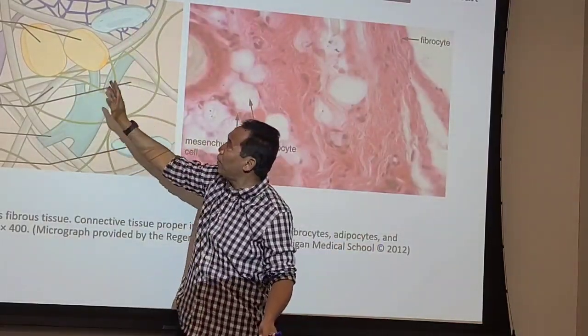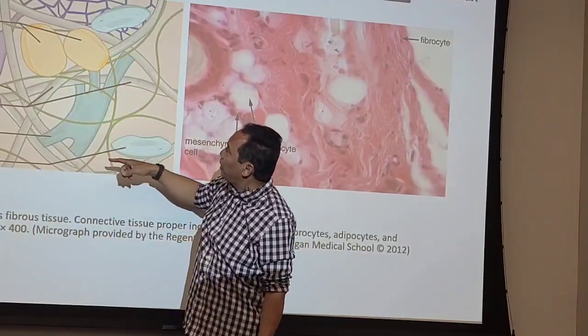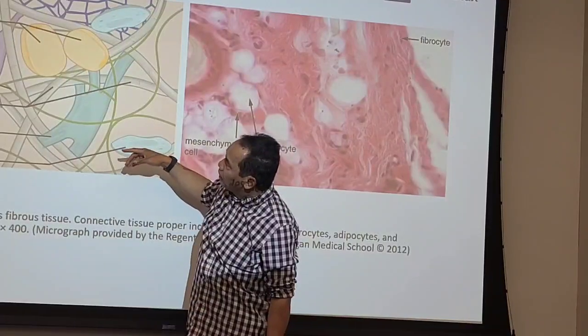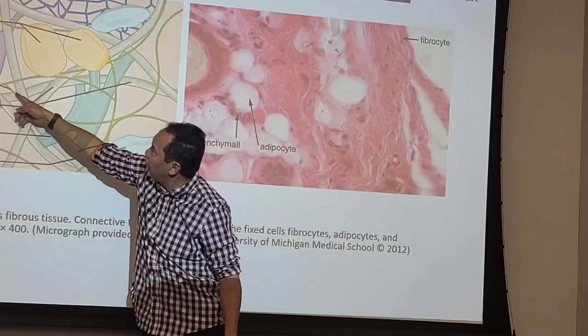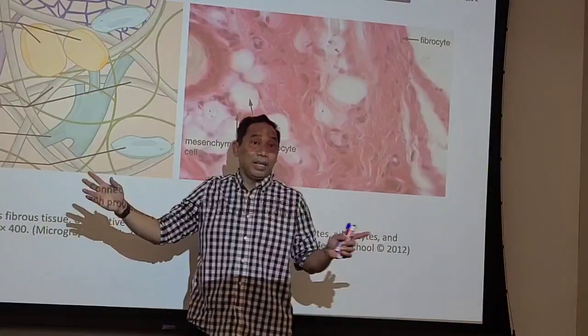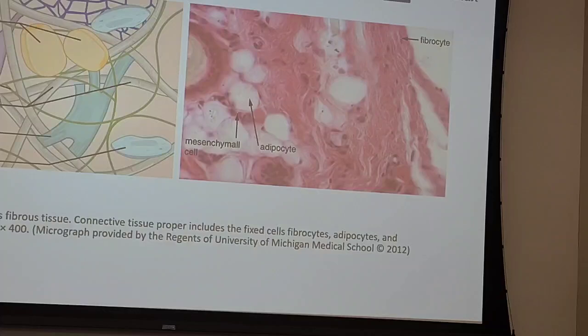They have many fibers. If it is the very thin one, it's called reticular. A little bit thicker is called the elastic fiber. And then the very thick one is called the collagen fiber. Get it? Okay, so that's connective tissue. They mostly have a matrix that consists of ground substances and different types of fiber.